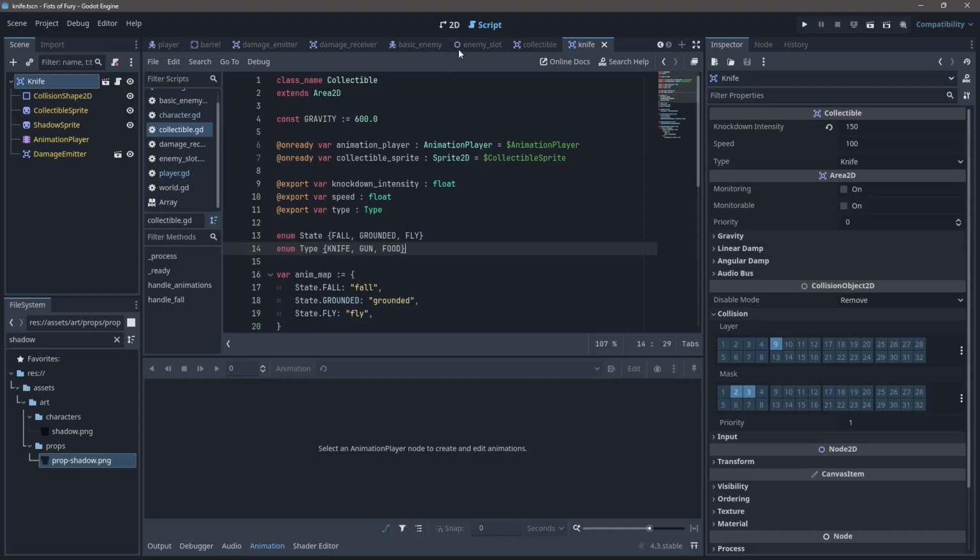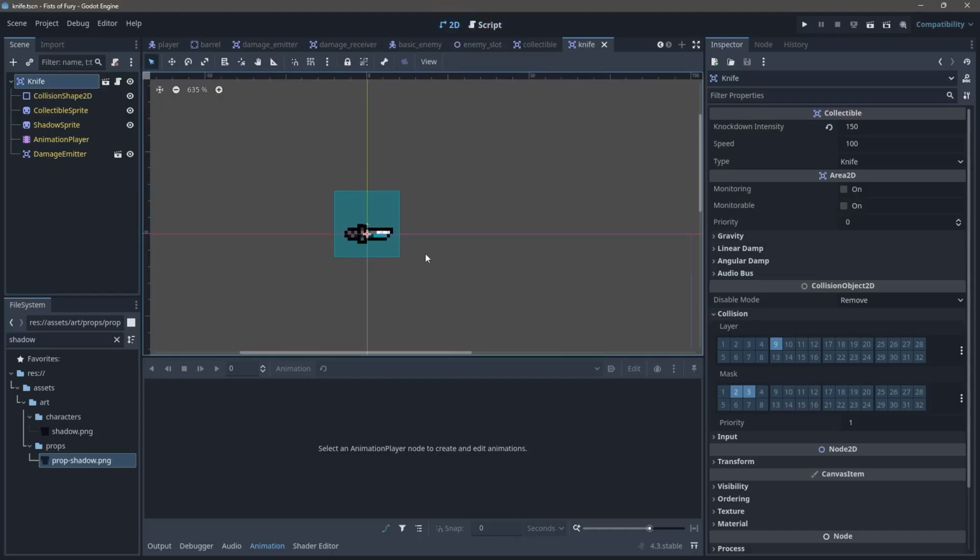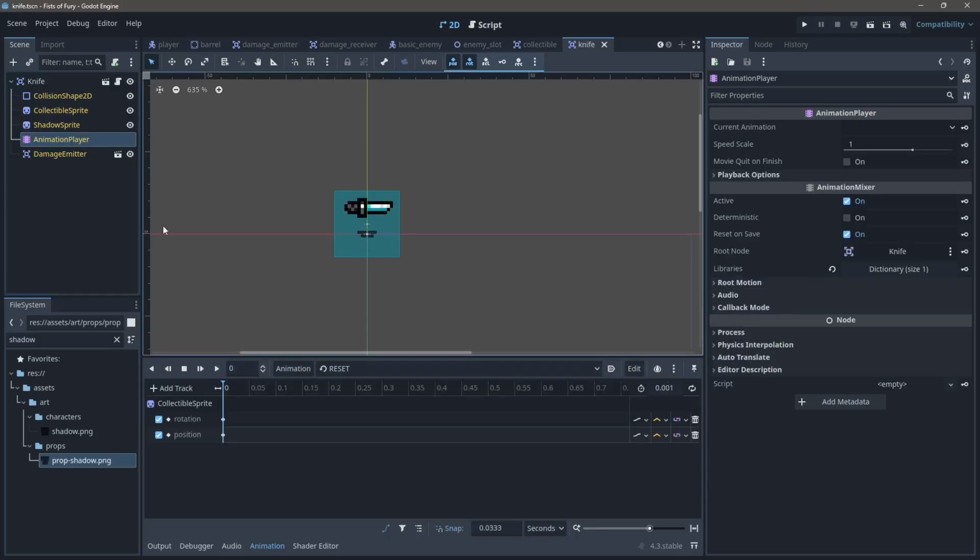So let me hop over into the 2D view. So this object here is both going to be spawned or it's going to be thrown across the board. We only want the ability to be picked up when it is in the grounded state. So this is actually correct for 2 of the 3 states. And so the way that we can fix this is by going to the animation. Let's hop over into the grounded, and this is where we'll want to set the